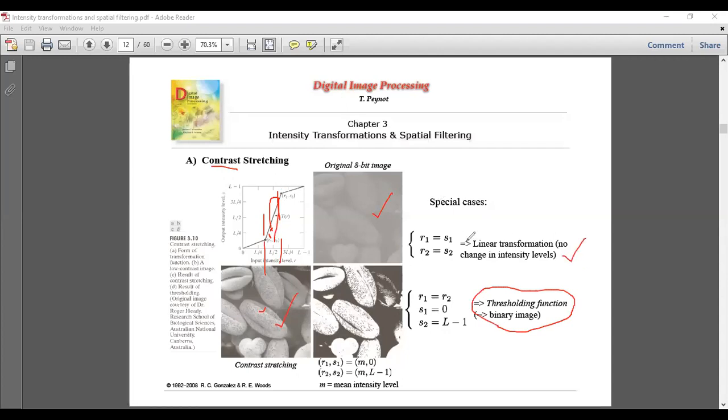On one extreme there is a simple linear transformation, the image as it is. Then there is contrast stretching, which can be explained with a certain expression. You can see here, r1 to s1, you will apply a certain set of expressions. And then there is thresholding. Suppose I have intensities like in this particular image.